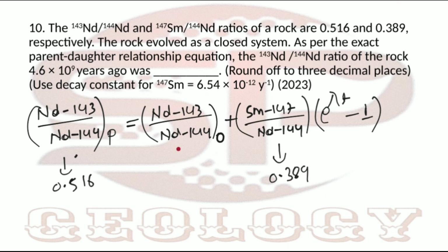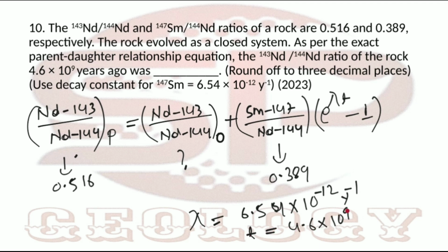So you have to calculate the initial ratio. Lambda is given as 6.54 into 10 to the power minus 12 year inverse, and t is given as 4.6 into 10 to the power 9 years. If you put these values in the equation,